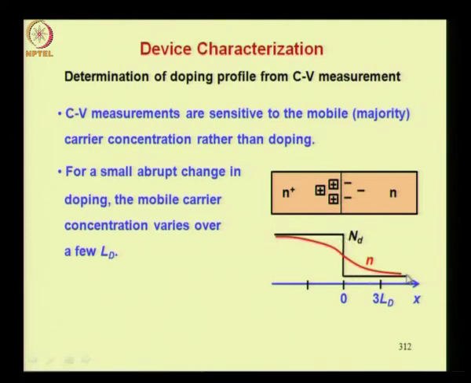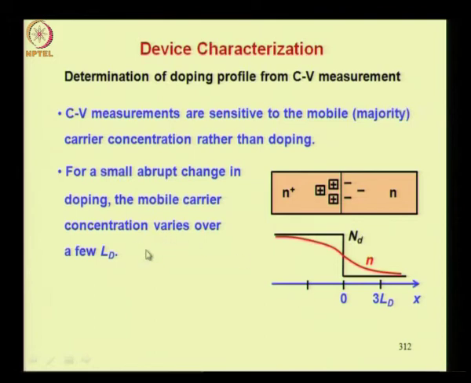Now this is the abrupt change in doping. Evidently the mobile carrier concentration cannot change abruptly because it will result in infinite diffusion currents at the point where the abrupt change is occurring, and it will change gradually. And now from our knowledge of the Debye length we can easily anticipate that the space charge region over here will extend to about 3 times the Debye length, and similarly on this side also it would be 3 times the Debye length, where Debye length corresponds to the Debye length of this region over here, which is slightly smaller because doping is higher.